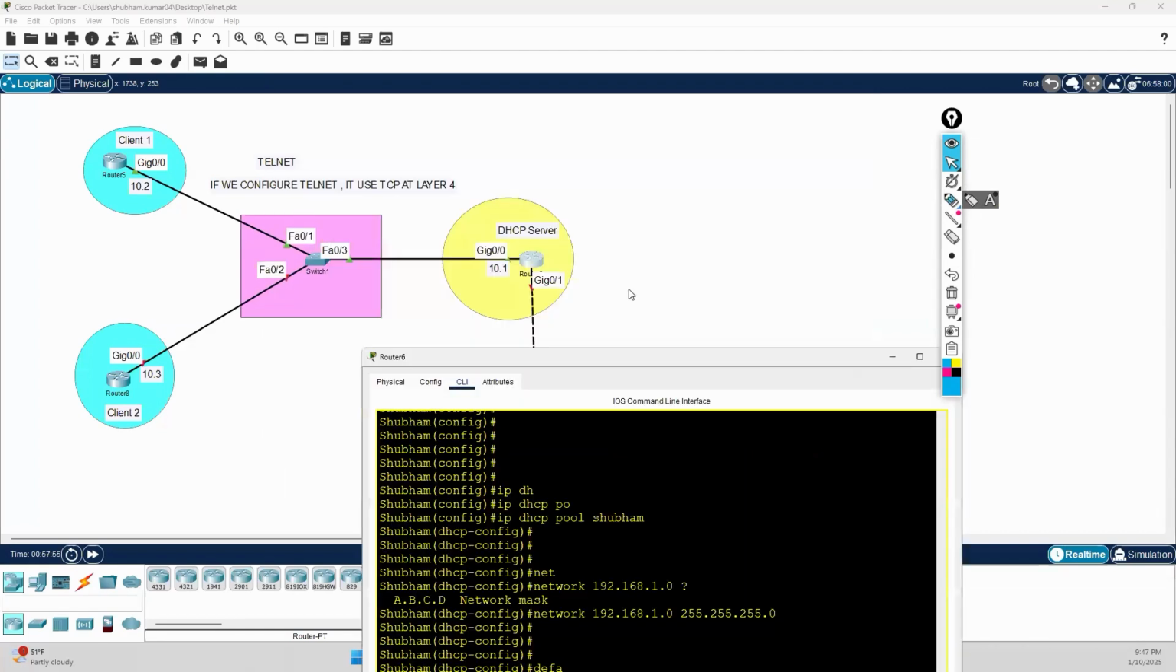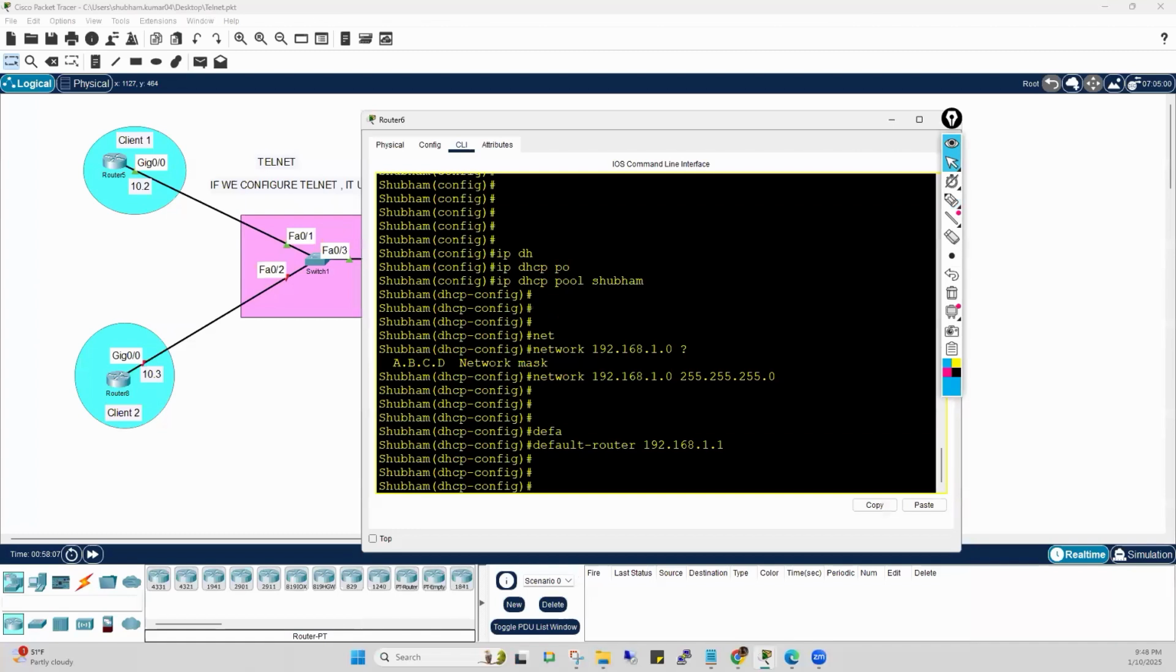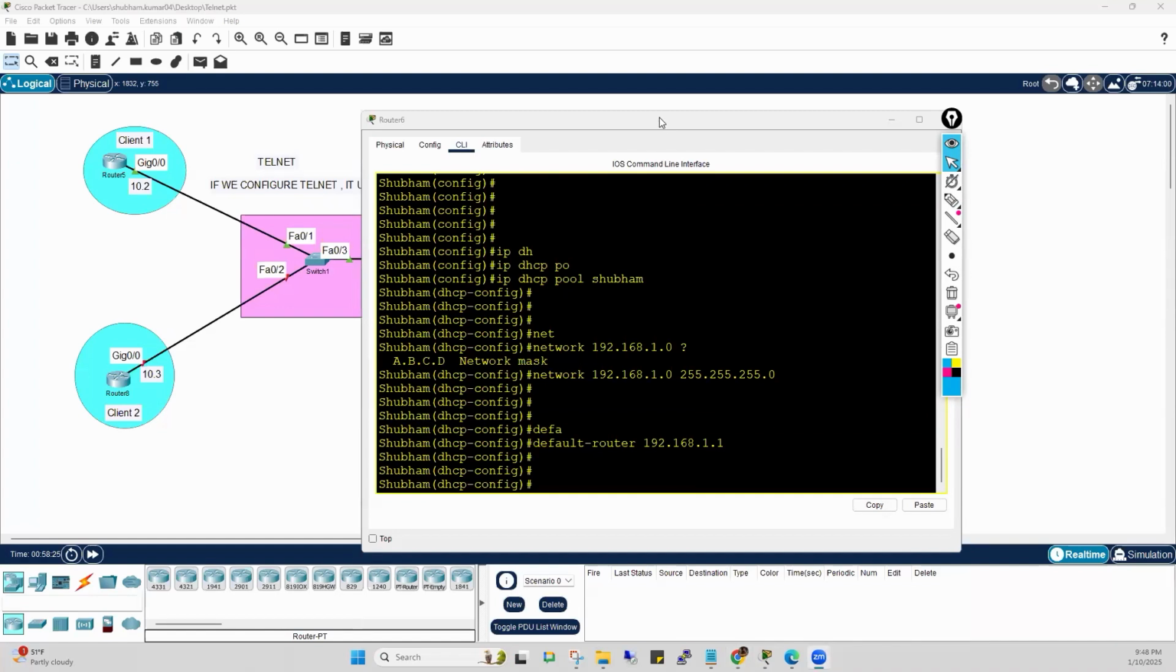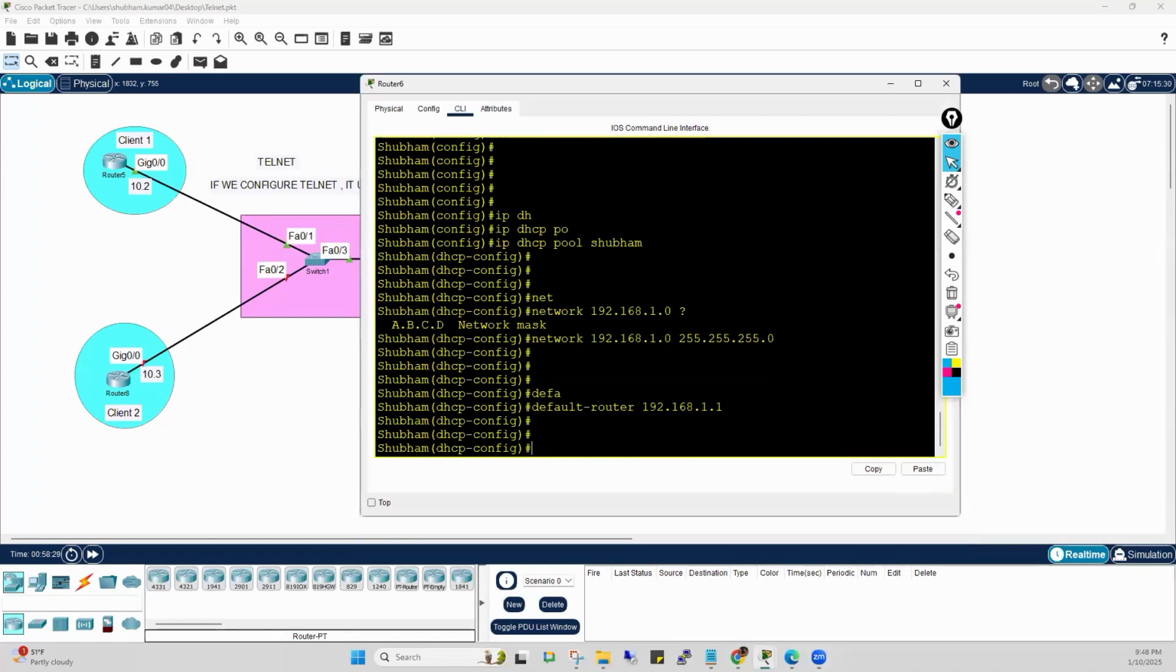So the default router is nothing but whatever IP address you configure on this interface; that will be the default router. Here I am going to configure 192.168.1.1, so that's the reason the default router is 1.1. Clear? To assign IP addresses automatically, we use DHCP. Exactly. Now, after configuring default router 192.168.1.1,